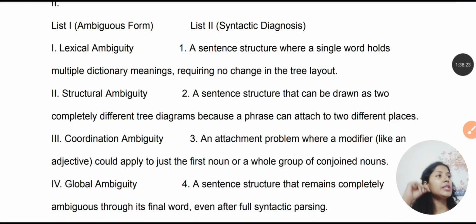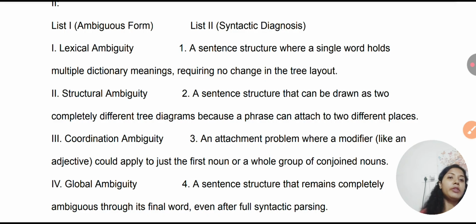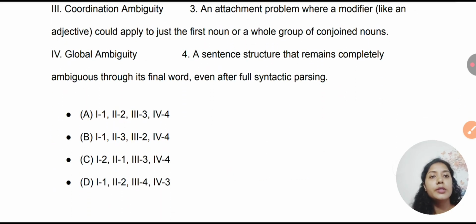Now see this question: ambiguous form and the syntactic diagnosis. Okay, so lexical ambiguity, structural ambiguity, coordination ambiguity, and global ambiguity. Options: